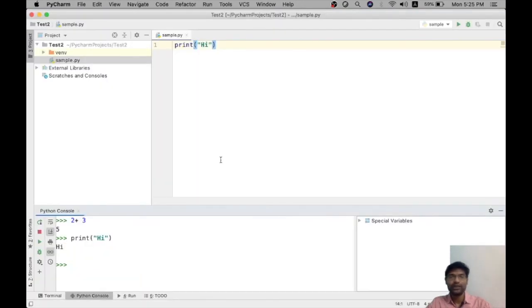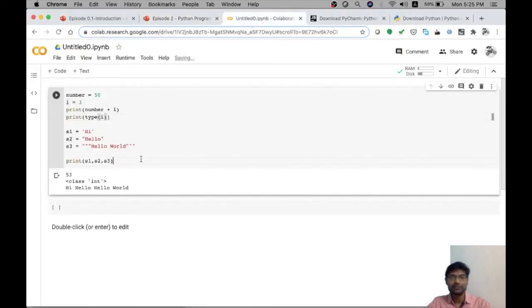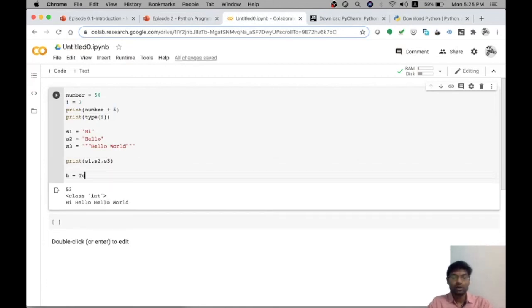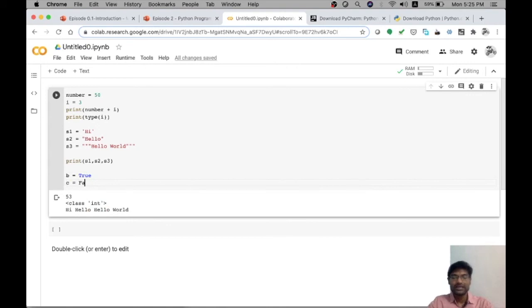Third is Boolean. A Boolean data type is going to contain either of two values: it can store true or false. So I created two different variables, one for true and one for false. True is going to contain an integer equivalent of value 1, and false will contain an integer equivalent of value 0. This will be used in multiple decision making statements. To validate whether a condition is satisfied or not, we will be using these Boolean variables. Okay, so this explains the third data type, the Boolean data type.